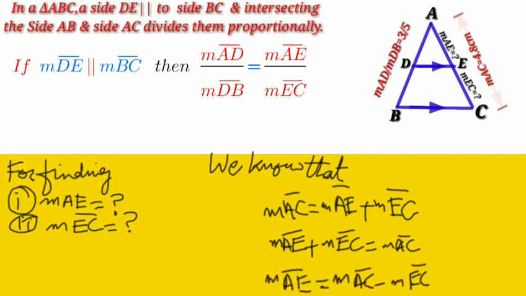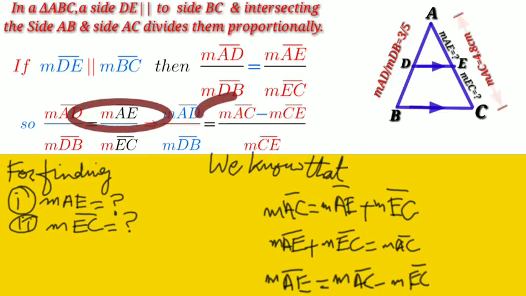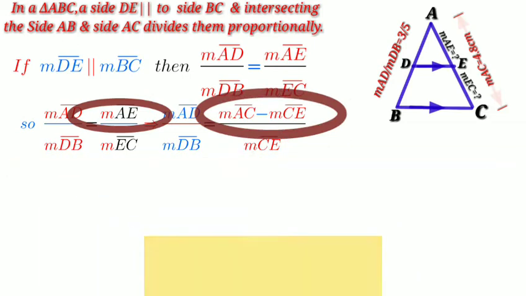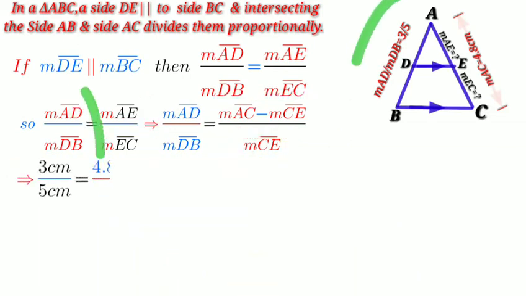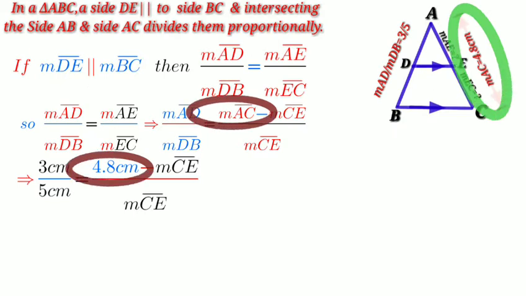So the value of side AE is equal to side AC minus side EC. On putting the value of AD ratio DB, which is 3 by 5, and the value of side AC is 4.8 centimeter,